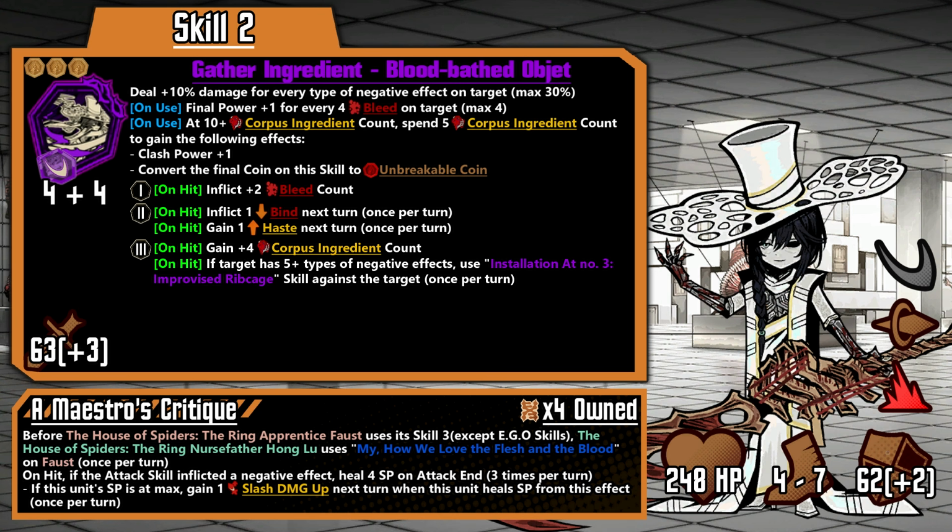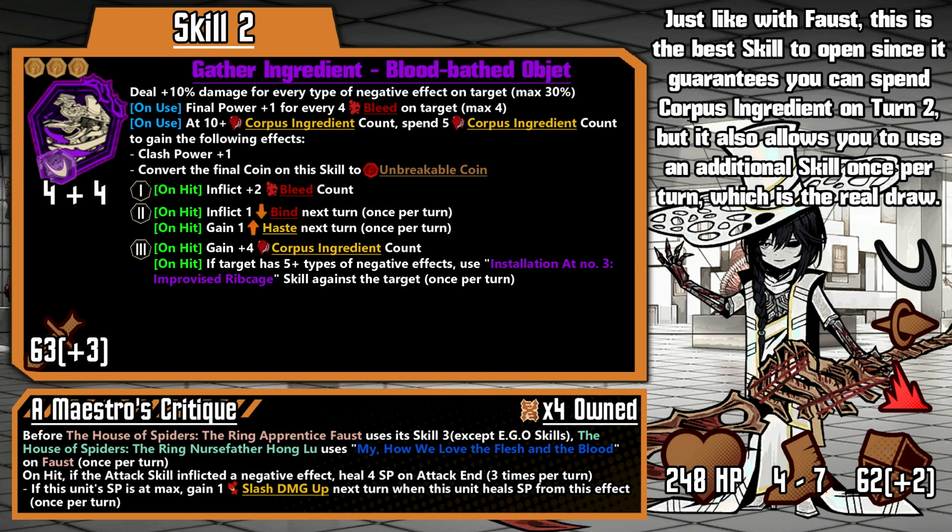Gather Ingredient Blood-Bathed Objet is a 4-16 rolling / envy skill with 3 coins that can become up to an 8-20 based on the target's bleed, or 11-23 with full tibia benefits. Just like with Faust, this is the best skill to open with as it guarantees you can start spending Corpus Ingredient on turn 2 thanks to it gaining Corpus Ingredient, and this is regardless of the number of ring allies